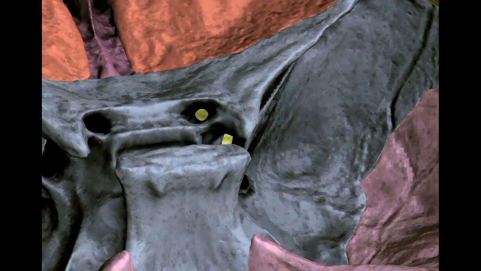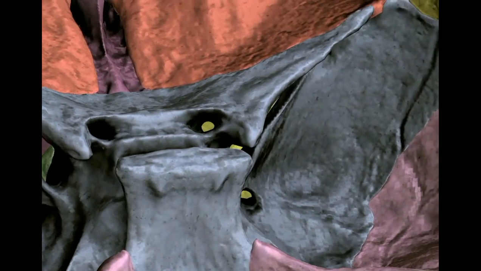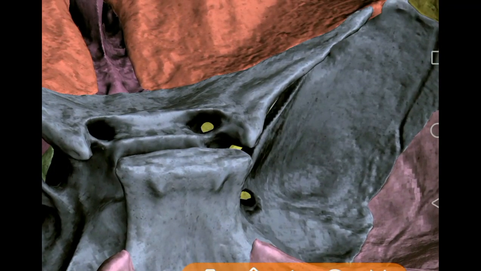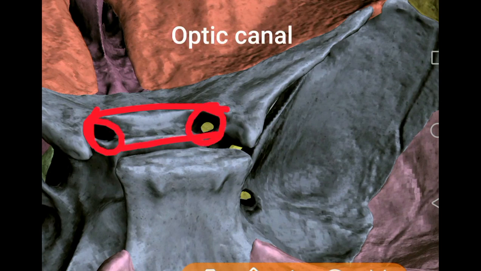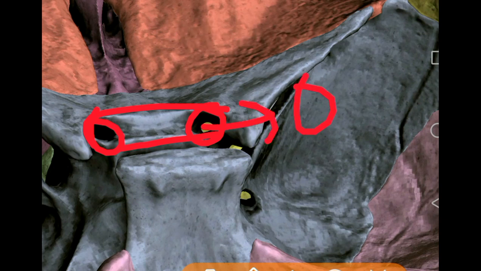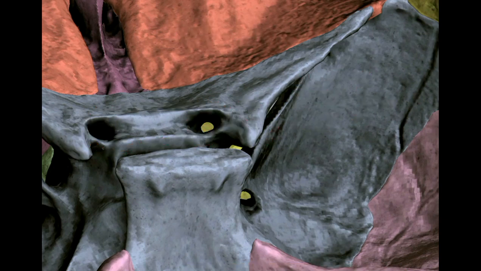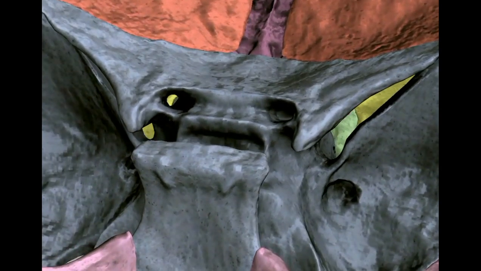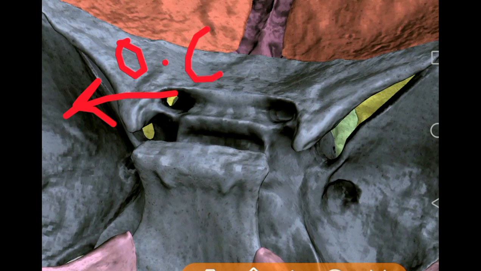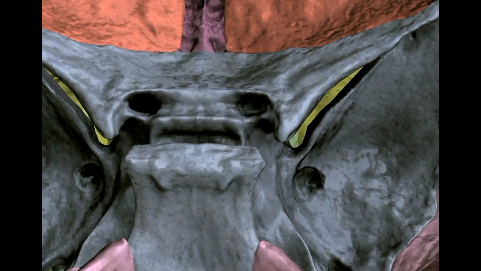You have already studied the dural venous sinuses. You know the cavernous sinus lodges on either side of the body of the sphenoid. Coming to sulcus chiasmaticus, it is a shallow transverse groove which leads on each side to the optic canal, and the optic chiasma does not lodge here in the sulcus but lies slightly above it. So it is not actually lodging the chiasma here, but it is a shallow groove. On either end it will lead into the optic canal.